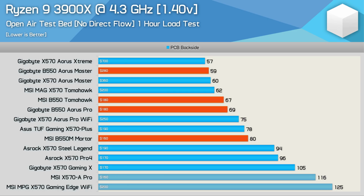And to help better illustrate the point that these B550 boards aren't overpriced, I've added the US launch prices for all the boards. Here we see that the B550 Tomahawk and Aorus Pro look pretty good at $180, comfortably beating similarly priced X570 boards such as the award-winning ASUS TUF Gaming. Also, as I just noted, the $160 MSI B550M Mortar shames countless X570 boards priced up to and even beyond